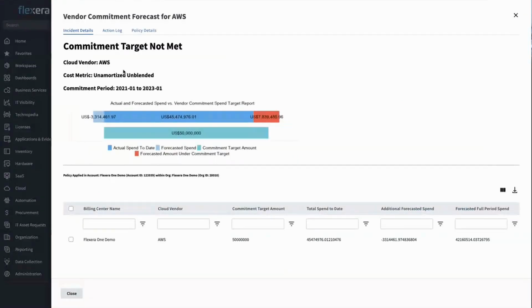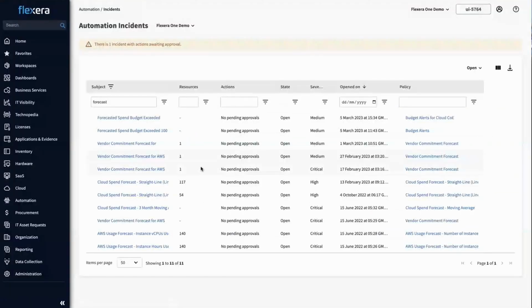Okay, so this is an AWS commitment forecast, and it's effectively saying we're going to come in under the $50 million commitment that we had for a 2-year period. And again, this is useful because your discounts are based on the fact that you're going to hit the amounts that you committed to. Now, this just includes cloud spend, but you could configure this policy to include your on-prem licensing, your SaaS costs, if it was Microsoft that you were doing this for. So that can be quite a useful one.